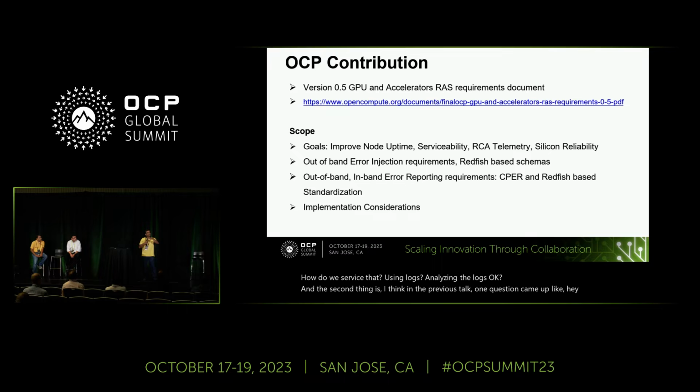And the second thing is, in the previous talk, one question came up: you have a lot of this complexity in the systems, and even PCIe you get from multiple vendors, SSDs, networks, and the GPU itself has a lot of complexity. How do we validate all this, right? If we see these problems after you go to production, without validating, that would not be a good sign for operating at scale.